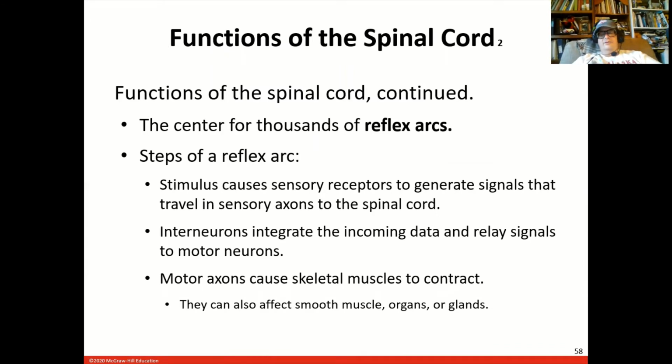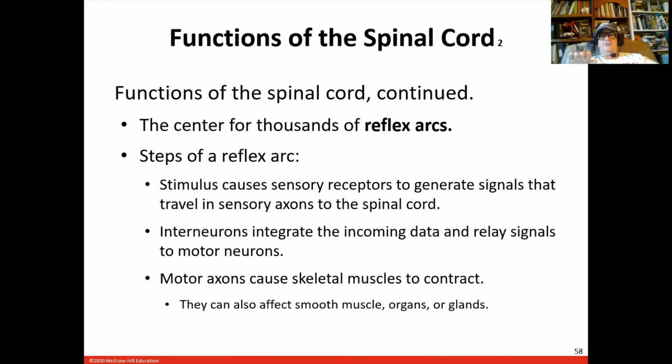the functions of the spinal cord: reflex arcs, lots and lots of reflex arcs. You get a stimulus that sends a signal to the spinal cord through the dorsal, the afferent, the sensory, and interneurons that are in the central nervous system will integrate it and send signals to the motor neurons. The motor neurons are going to send signals to the skeletal muscles to make them contract. An example of that, a reflex. Imagine if you